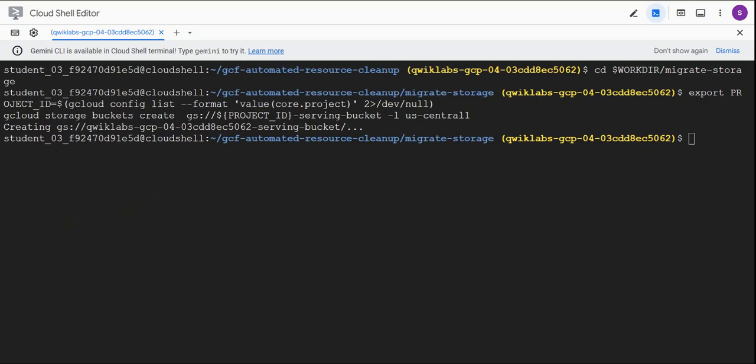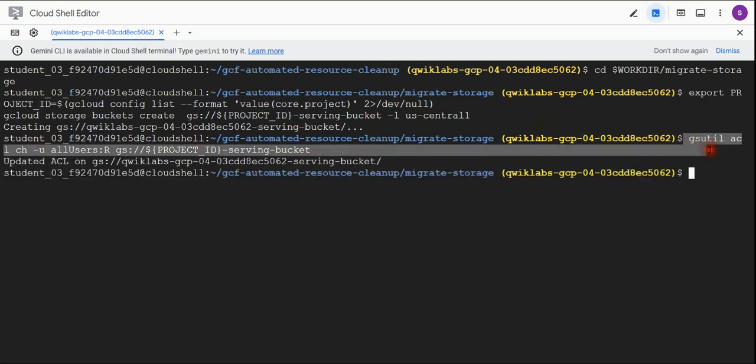Okay, so with that we have finished our task 2. Now we will need to make the bucket public. So we are using the gsutil command to allow all users